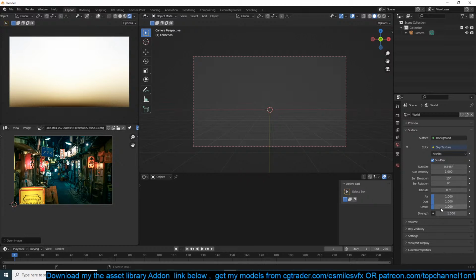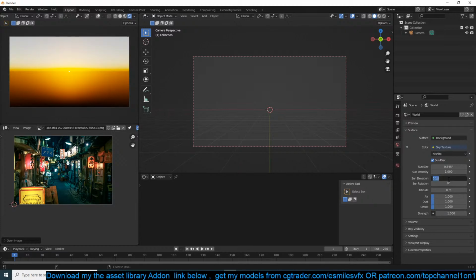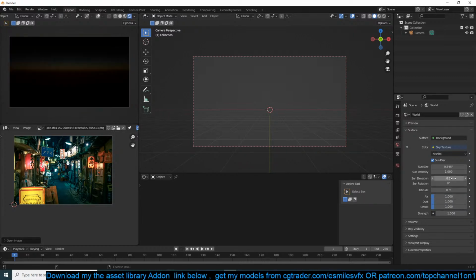It's going to be nighttime, so the elevation can be negative.